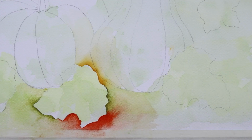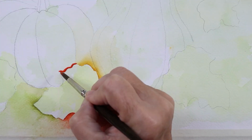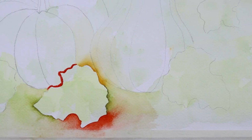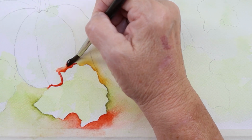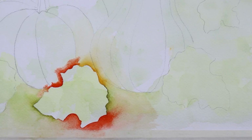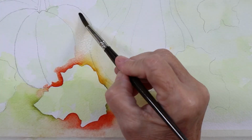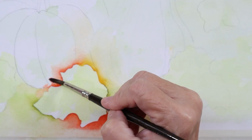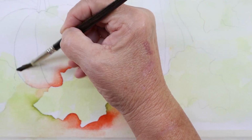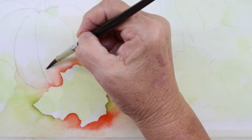I'll do another video on the negative painting where it'll show you the depth, where you can put more color on it and spread it out deeper into the background, and you'll have a lot more color on the background. And then when you come back with another layer of leaves, those leaves will all be that darker color that you spread out into the background. And then you can do another layer and it'll be even darker, and that'll show depth,